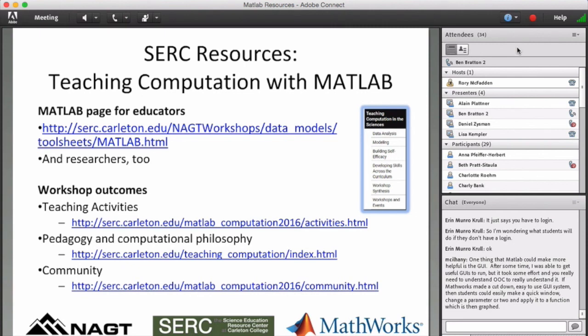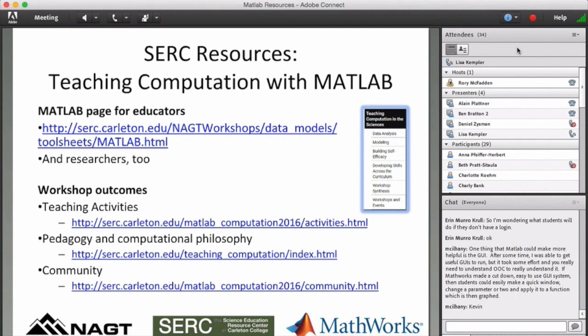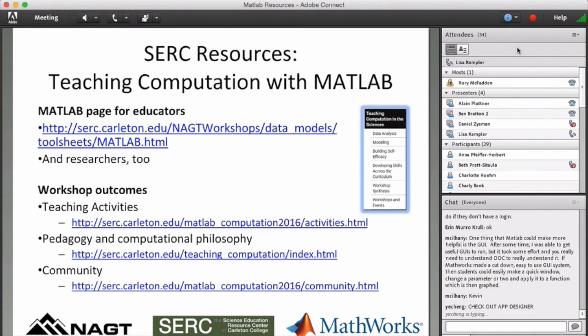I see, I don't know your first name, sorry, McIlhaney. We have MATLAB Online. So now if you have a license, you can use the cloud version of MATLAB. I can't say that it completely matches what you're getting at here, but I think it's an easier to use system. Ye is typing, so maybe she's responding. Ye is from MathWorks. You might want to check out MATLAB Online, a cloud-based version that students could use, and then you would know that all the students in the class were using the same version, had the same